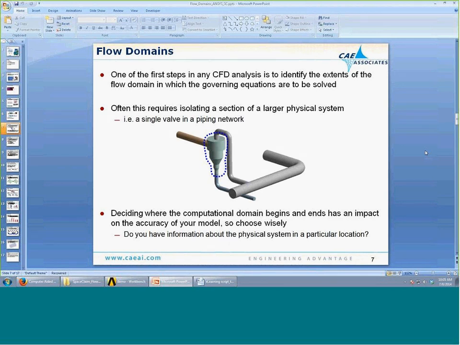So deciding where the domain begins and ends can have a large impact on the accuracy of your model. So you want to choose wisely. And some of the things you want to think about is, where do I have information about the physical system? So where do I know, within reasonable engineering accuracy, what the flow looks like? I'm going to have to apply boundary conditions, and when I apply those boundary conditions, I want to make sure that they're realistic, and I want to make sure that I cut the flow domain or extract the flow domain such that the boundaries are in locations where I know what the flow looks like, and I can apply reasonable